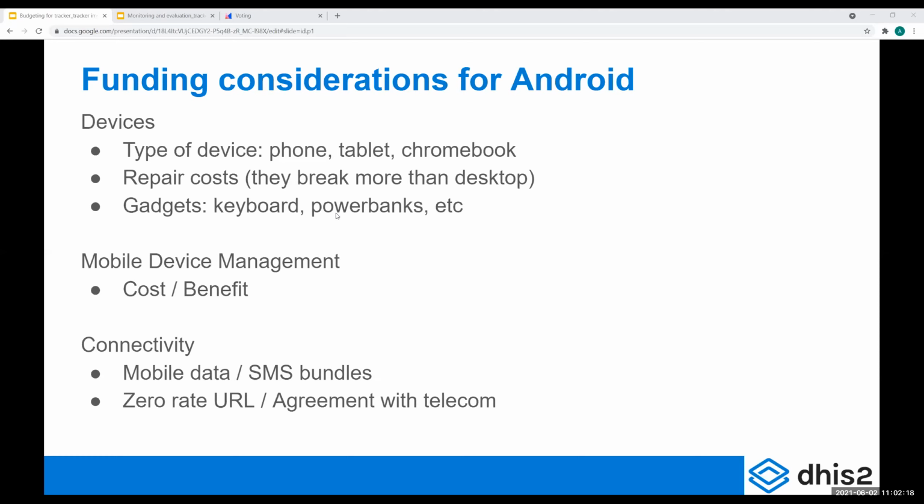I know some countries are doing this, and it's becoming more and more frequent. Ministries of Health are finding agreements with telecom operators in order to be able to send free SMS or free data towards a specific URL, or maybe it's not free, but you pay completely in a separate way. This could really help you in the sense that you could avoid all these costs that I was mentioning before,